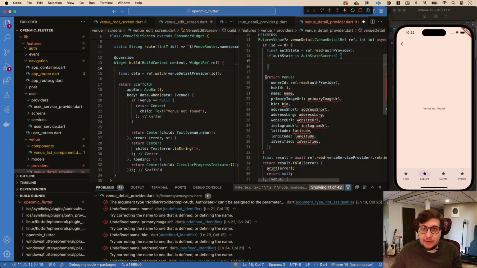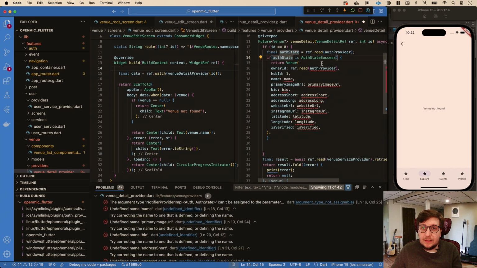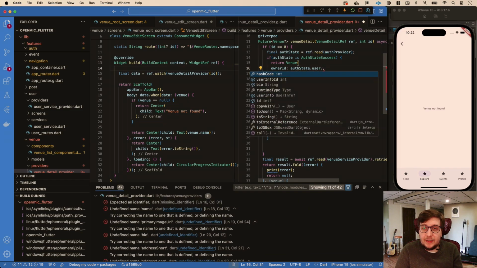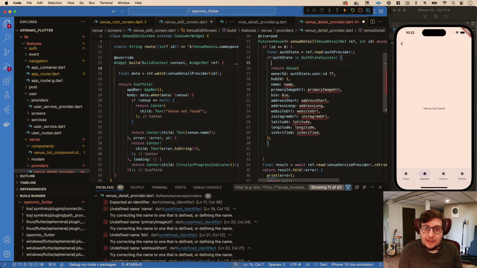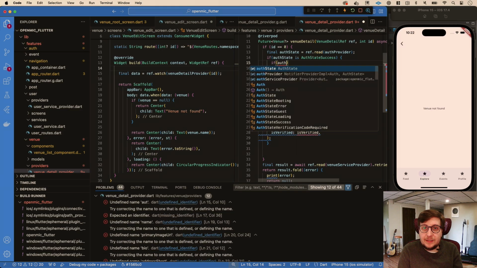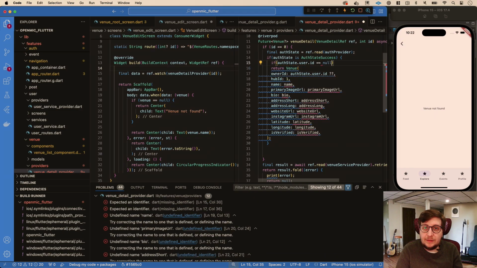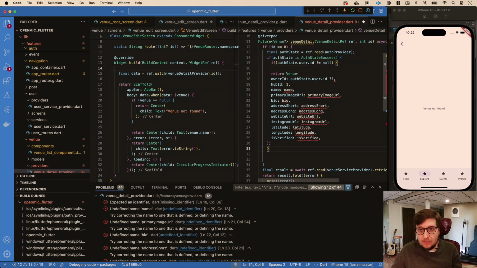Then in this case, we can return this by actually using the auth state.user.id. And if not, we should probably also check if auth state.user.id does not equal null. So I'm doing this in kind of what I would say a hacky way right now,